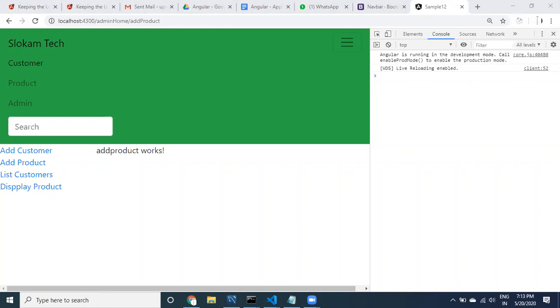Yes, they are in one module. Exactly, they are in the same module. Not the same component, but they are in one module. Which module is it? Admin module. This is how it is going to look. Yes, one module.